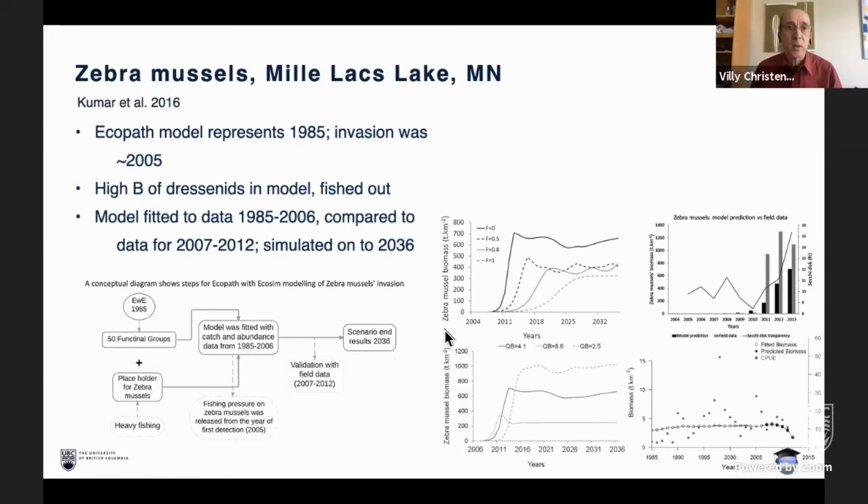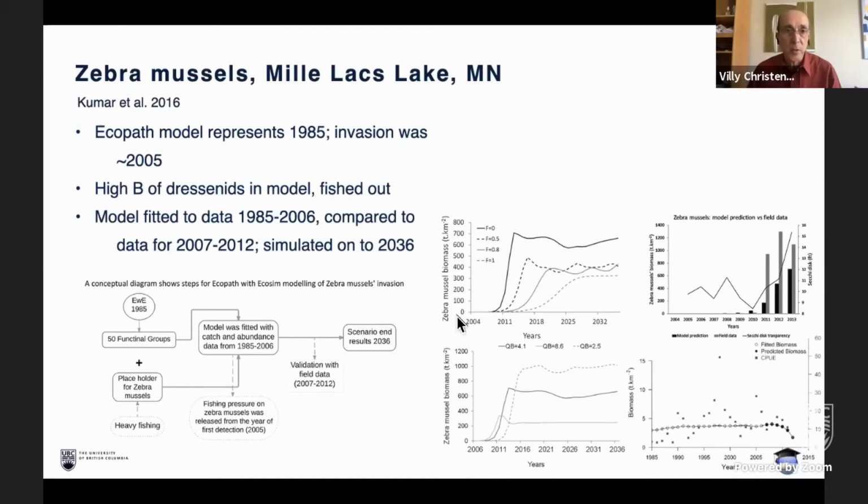So, zebra mussels in Mill Lake in Minnesota. Kumar and Tony Pitcher worked on that here, and in this case they have a model that represents 1985, and the actual invasion happened in 2005, so it's also a pre-invasion model. The zebra mussel, along with quagga mussels, had a high biomass in the model initially, so contrary to what Yu-Chun suggested and what I would suggest,